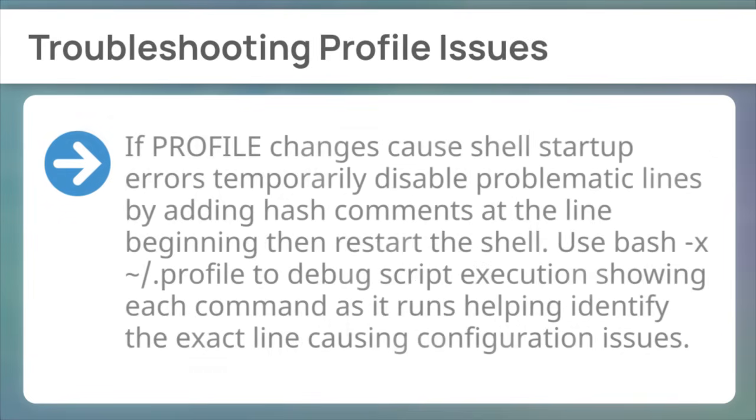Finally, troubleshooting profile issues. If profile changes cause shell startup errors, temporarily disable problematic lines by adding hash comments at the line beginning, then restart the shell. Use bash -x profile to debug script execution, showing each command as it runs, helping identify the exact line causing